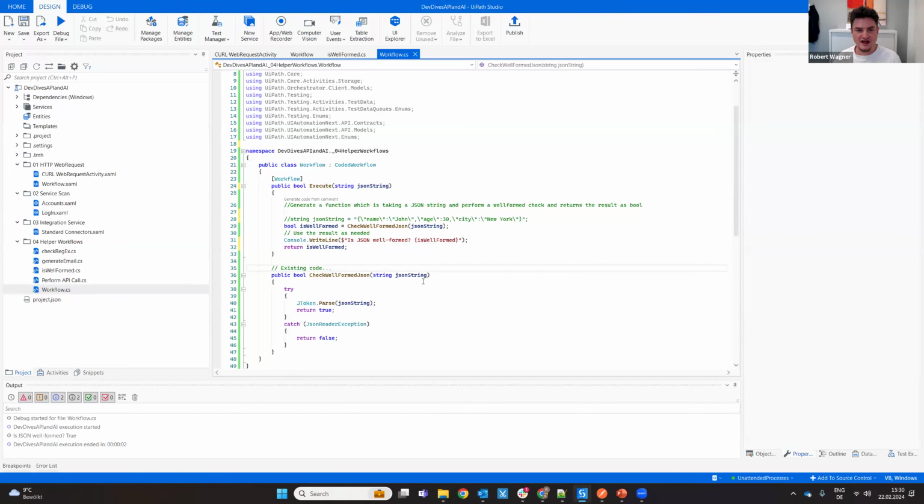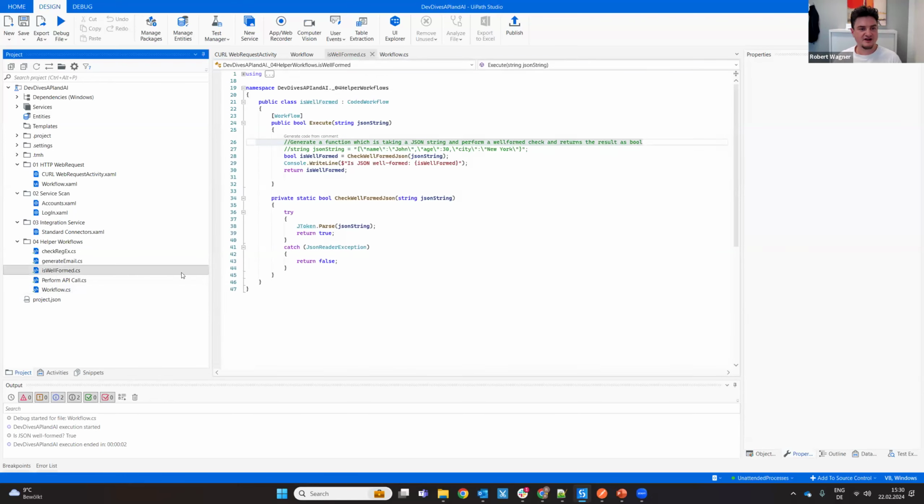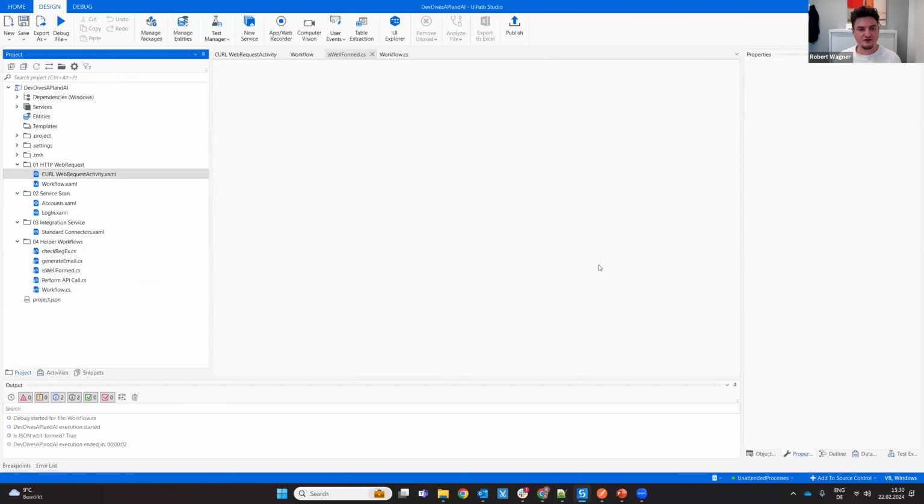And that's all I had to do, right? So I just changed the JSON string, which should be checked for well-formed. Here it's the function doing the well-formed check, and then I return this, fix the return type, that's it. And this is how I created this function here, and I just call it in my workflow here for doing